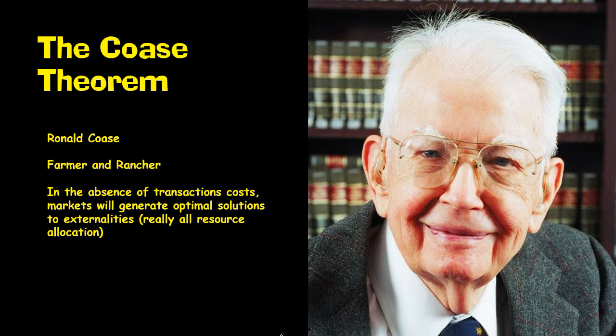What Coase is saying is if that's not the case, if you have a situation where it's easy to enforce the agreement, then you should let the two parties negotiate it, work it out without the government having to be involved. Okay? The market can solve that externality if there aren't transaction costs. All right? And that includes all resource allocation. All right? Now, let me give you an example of this. Right? What the Coase Theorem says is if you have a resource, it doesn't matter who owns it.